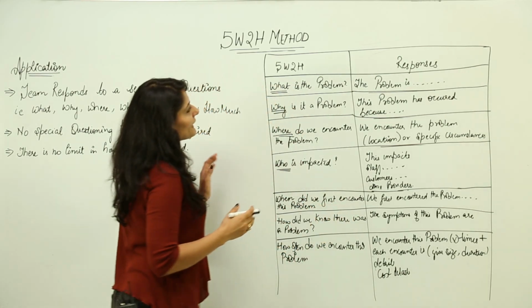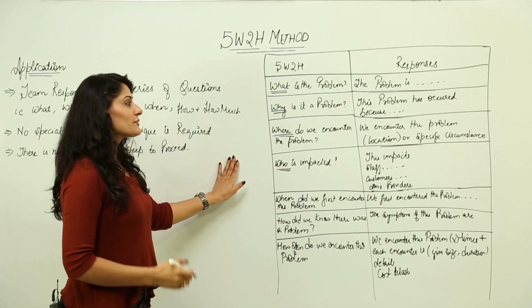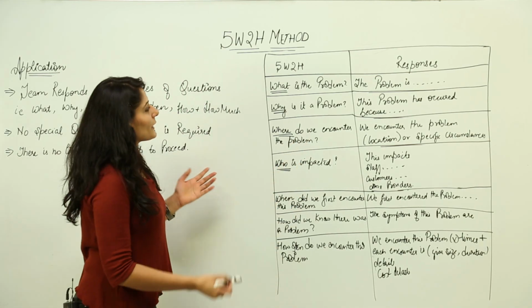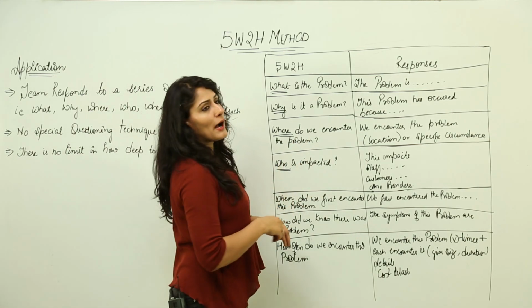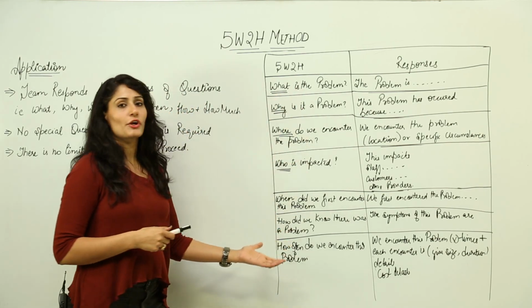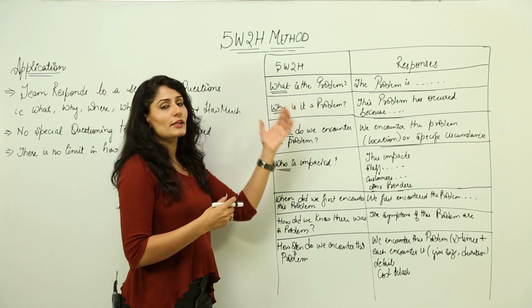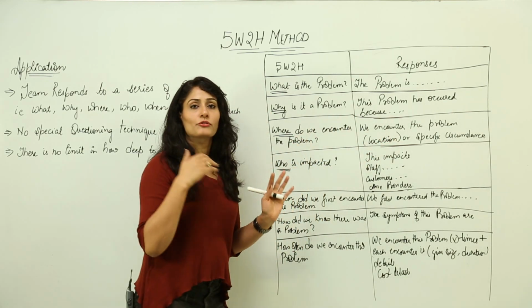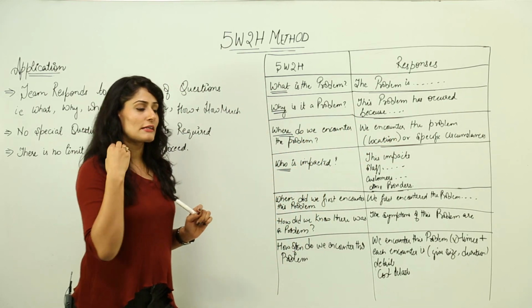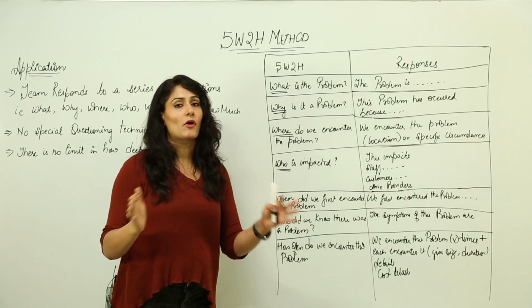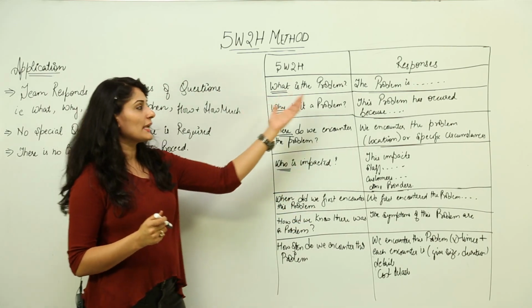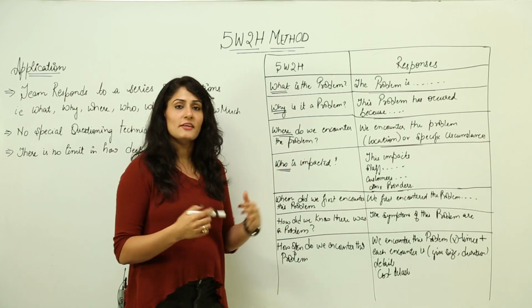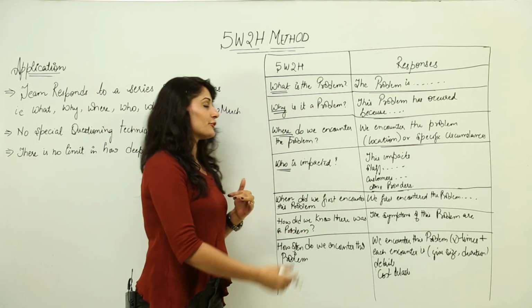Right. So coming to the application, you can use this format as I have used on this board, and you can divide the column into 2 parts. In one section you are going to write all the questions you need to ask, and in the second section you are going to write down the responses, right. This is a technique where a few people or the team sit down and keep on questioning and writing down the answers, and then move on to another question, right.